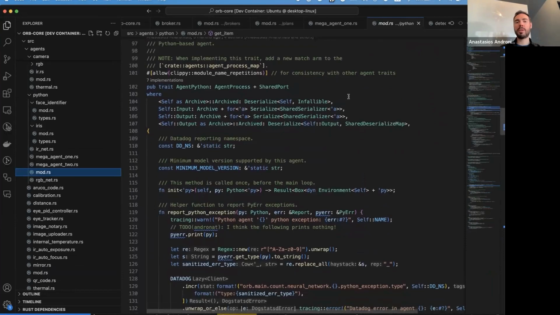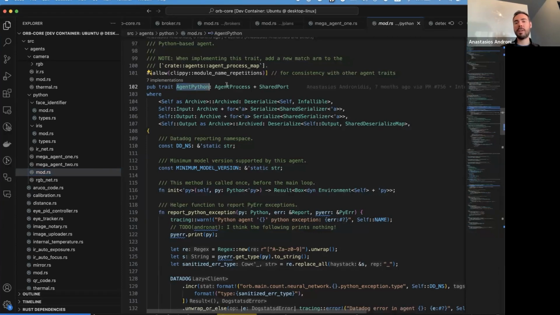Maybe it makes sense then to look at one of the Python agents and show how we use PyOxide, which is another library we're very grateful for. On top of this, we have built some other abstractions because, as I said, OrbCore is very keen on enabling our AI teams to write code in the way that they are used to. We're not trying to impose any languages specifically. We try to be versatile.